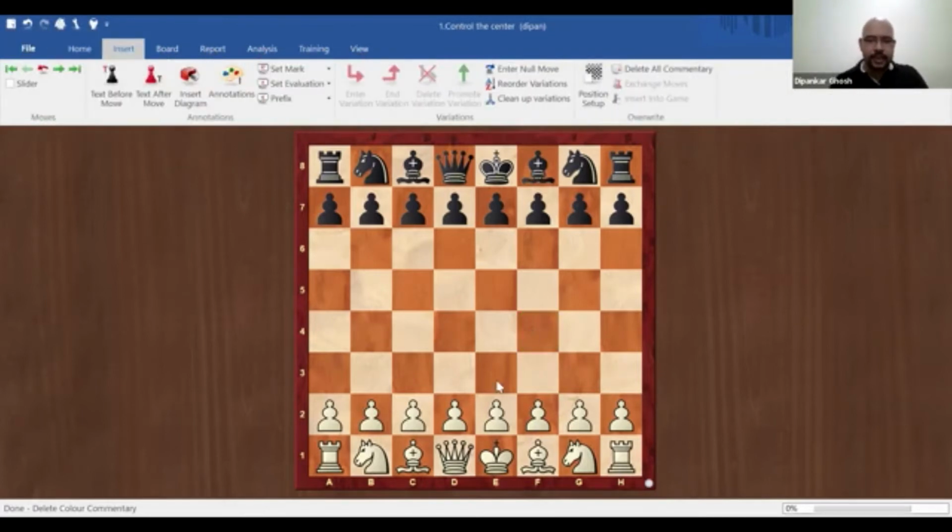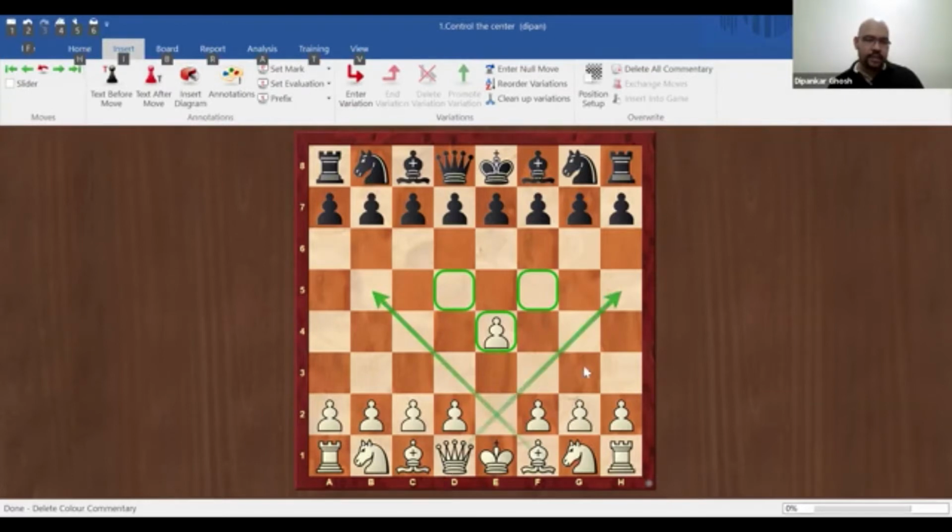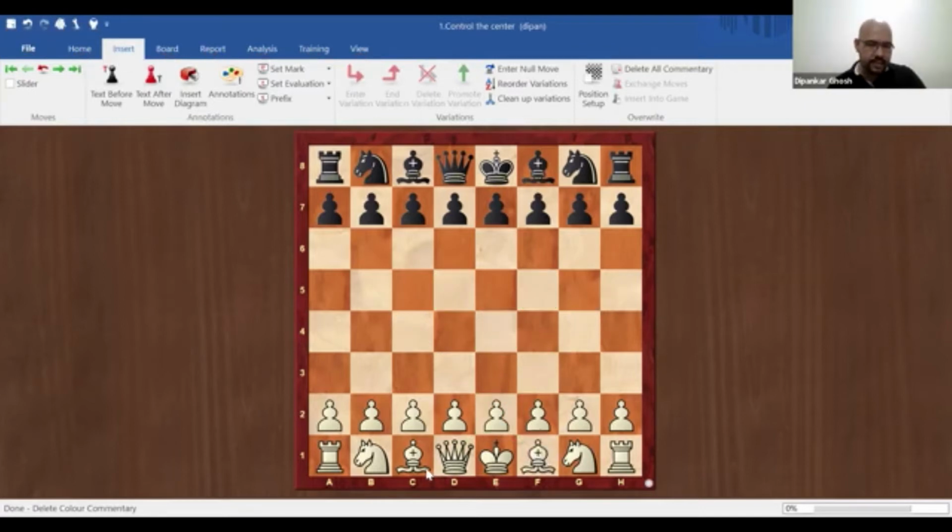So what I was saying is e4 is a good move. Now, what are the virtues? What are the good things it does? It occupies the central square, controls two squares in the opponent's territory. Also, d5, notice, is a central square. And it makes way for two of your pieces to get out. So the queen and bishop can now move out. Earlier, notice, none of these pieces could move.